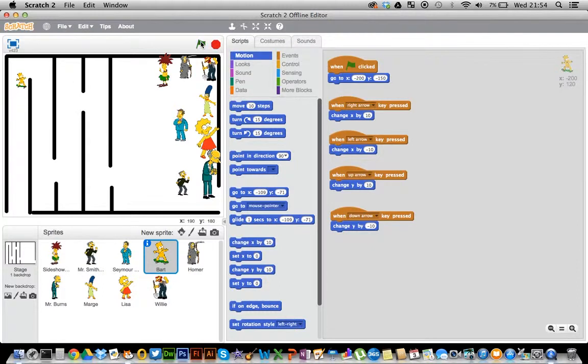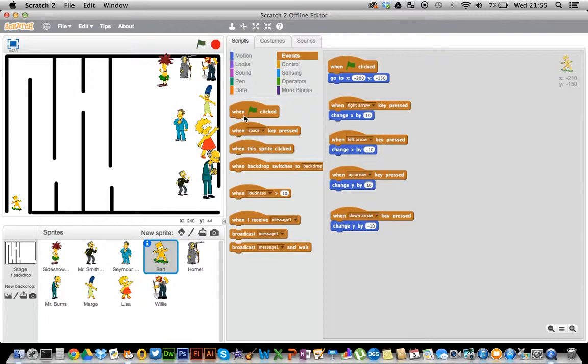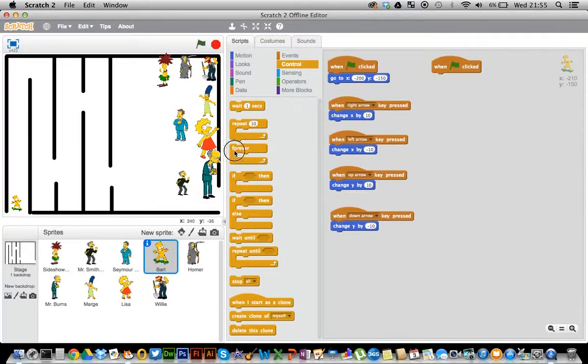So it's very simple. Okay, now I still have a problem because at the moment Bart can just cheat and skate through the walls, and that's not really what I want to happen. So what I need to do is I need to program Bart so that he can't go through the walls. So the easiest way to do that is to say, again I can say when the green flag is clicked, so this means from when the game starts. When the green flag is clicked, I'm going to say that forever if